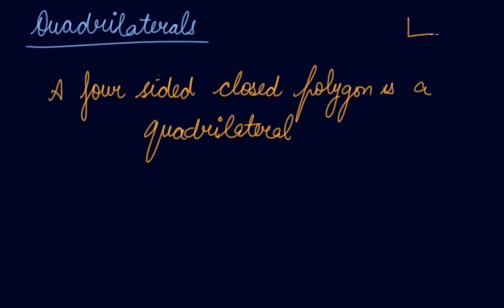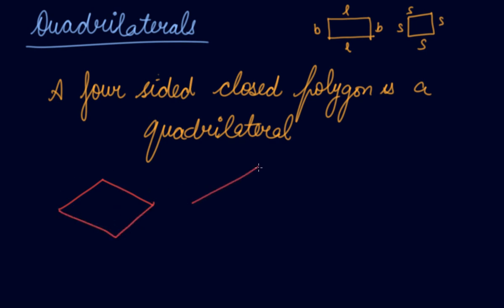See, squares have all the four sides same. A rectangle has two sides same, like length is same, breadth and breadth is same. Whereas in a quadrilateral, if I draw a quadrilateral, then this is a quadrilateral, right? Then if I draw like this, this is a quadrilateral. Four sides are different, or might be two sides are same, two are different. Three sides are same, one is different. In that case, it is known as a quadrilateral.